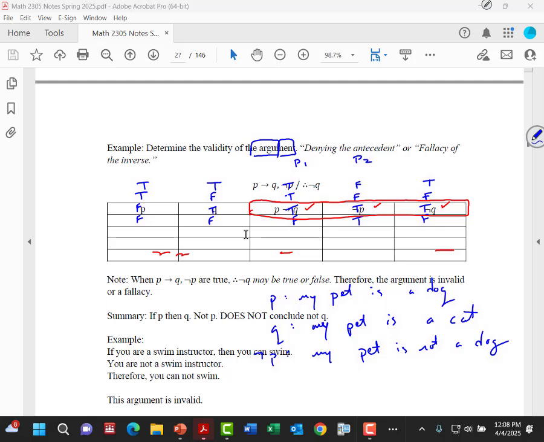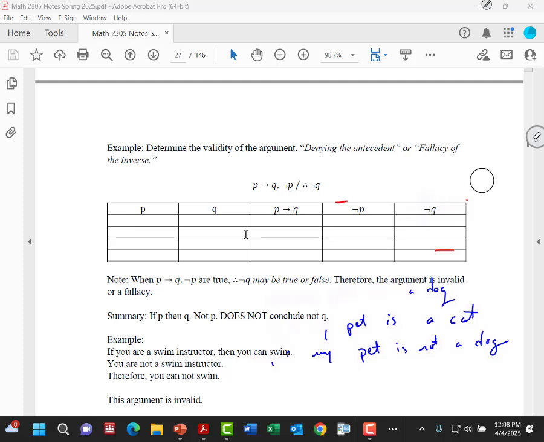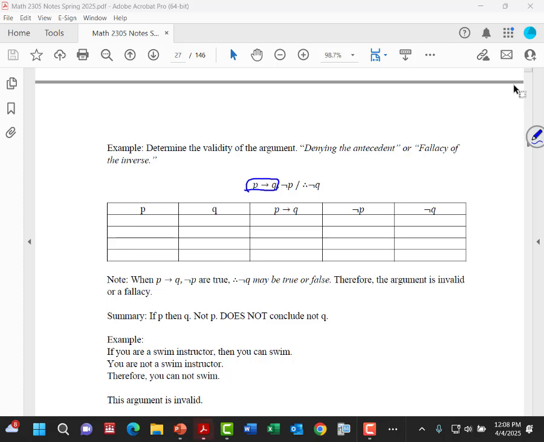Let's do another example. Determine the validity of the argument. This is called denying the antecedent, or we would sometimes call this in a mathematics setting the fallacy of the inverse. So let's take a look at these hypotheses. Okay? So I have two premises. If P, then Q. Not P. I want to see, does this conclude